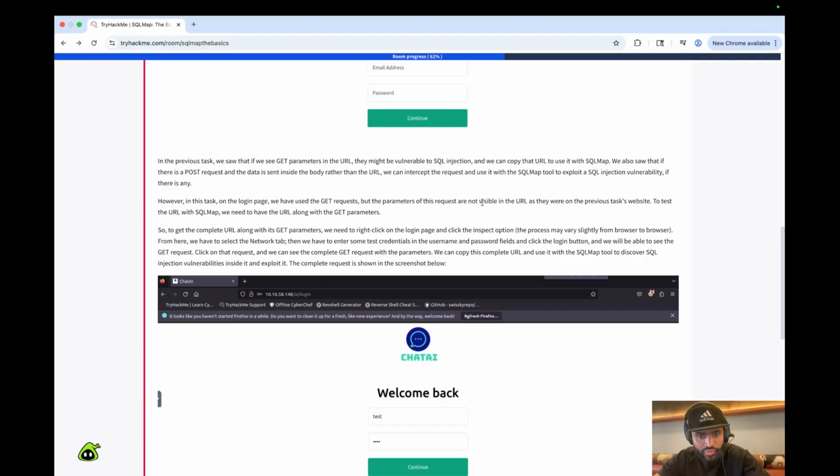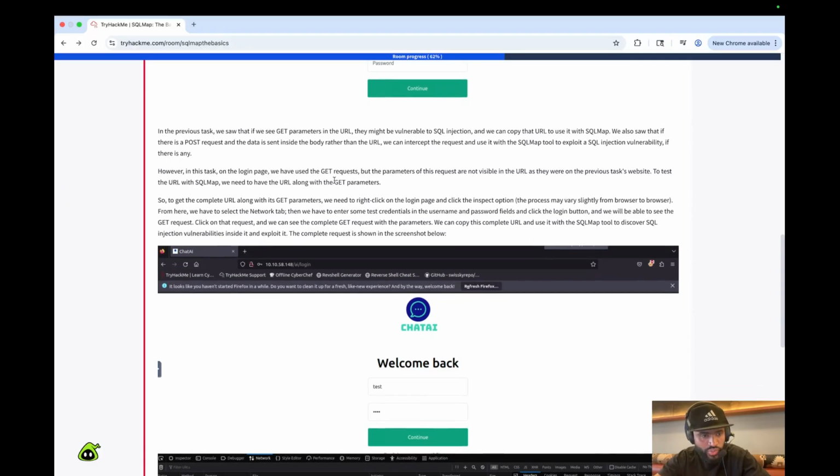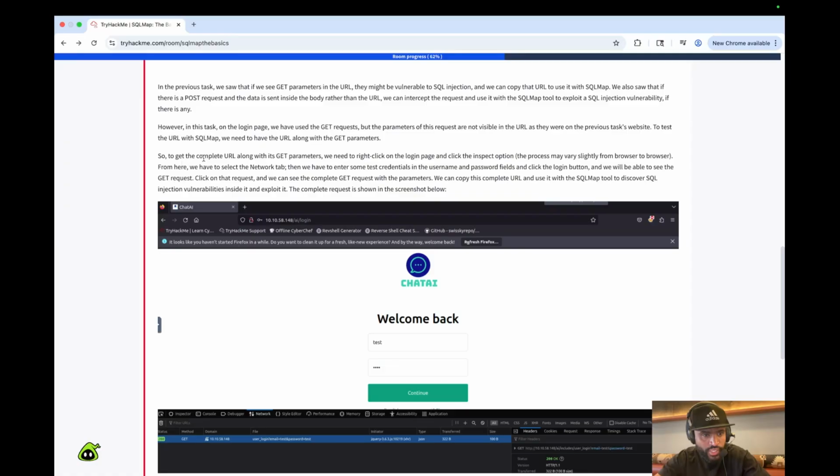the parameters of this request are not visible on the URL as they were on the previous task website, which is true. So to test the URL with SQLMap, we need to have a URL along with GET parameters. So to get the complete URL along with the GET parameters, we need to right click on the login page and click on the